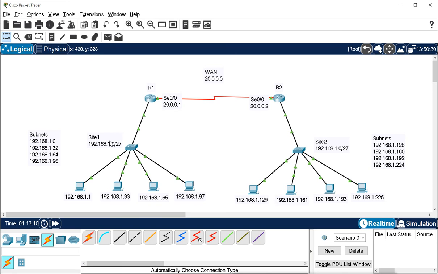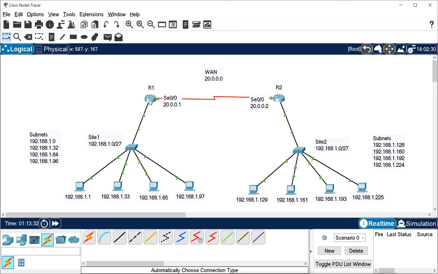It is only saying that I have the whole network. And router 2 is also saying that I have the whole network. When the routing table goes to the other router, router 2 says, okay, you are saying that 192 is connected to you, but I am also connected to that network directly. So that is why they are not accepting the information of each other. This is the problem of classful routing.